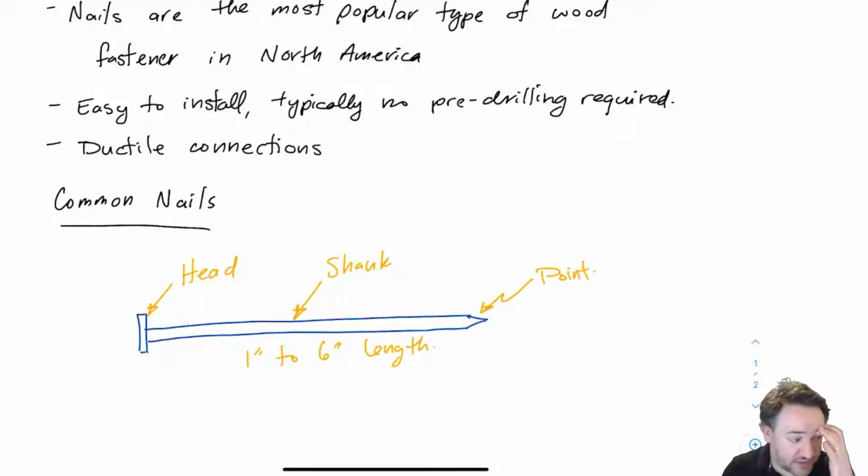Okay, so this is what a nail looks like. Probably most of us have seen nails before. It has a head. The head keeps the nail from being driven in too far and provides a resistance to help with withdrawal. It's got a long circular shank, so the cross section is round, and then it has a point which helps with driving the nail in the first place. And regular common nails come in lengths about 1 inch to 6 inches, and then on top of that we